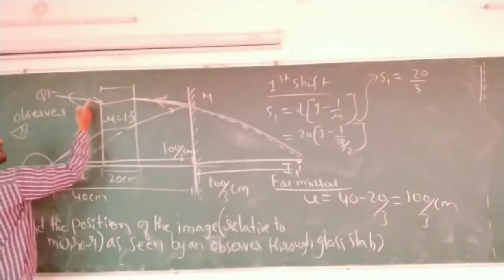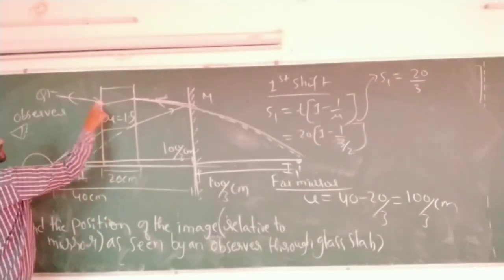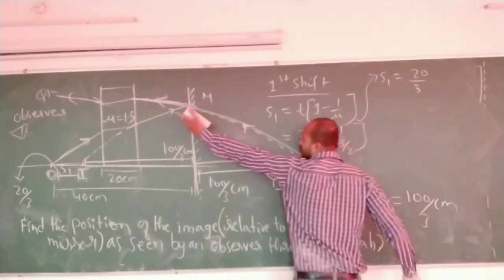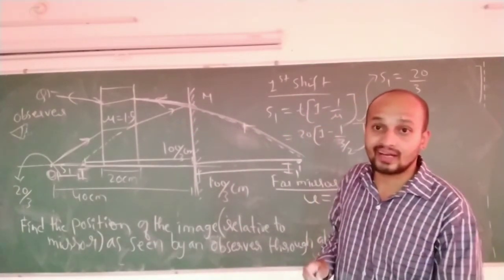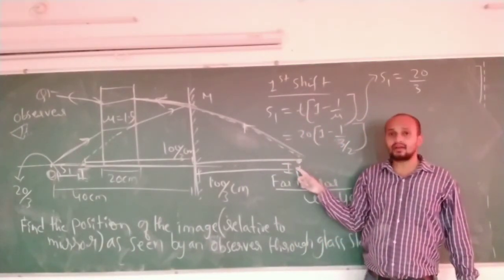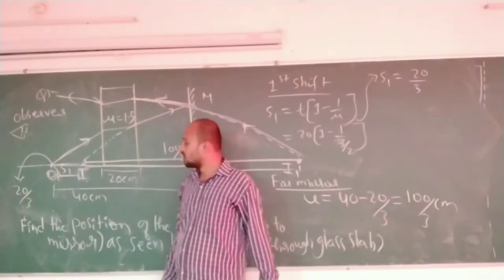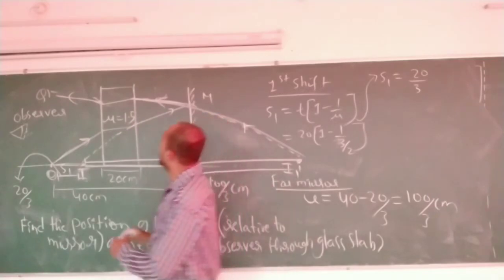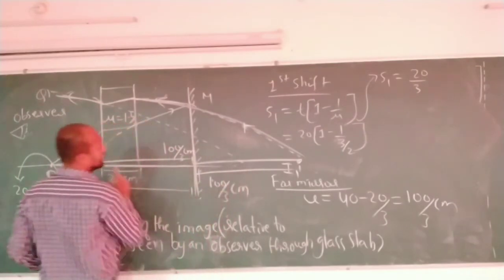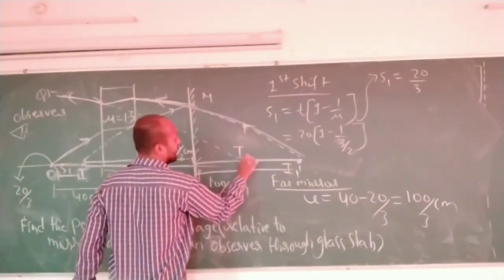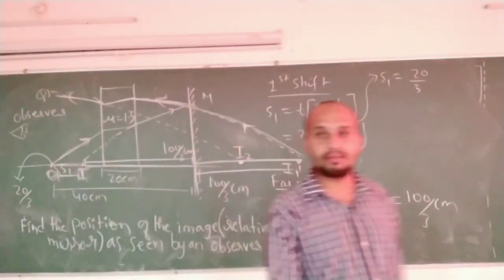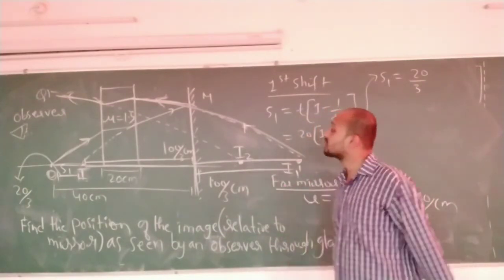Now this ray will act as an object to this slab. It will get refracted. This object I1 is going through the slab. Of course, I have drawn a curve, but don't worry, it is a straight line. So I1 will act as an object to this slab. After passing through the slab, if you extend this line, here is the final image formed as seen by an observer.